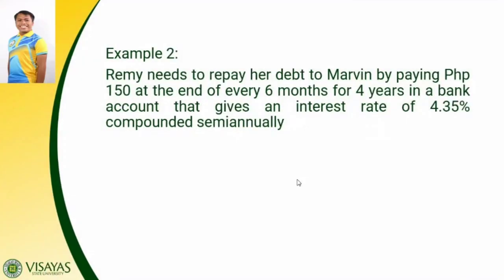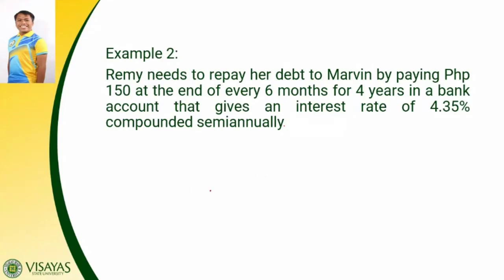Alright. Next, another example. Remy needs to repay her debt to Marvin by paying an amount of 150 pesos at the end of every 6 months for 4 years. The whole term is 4 years. In a bank account that gives an interest rate of 4.35% compounded semi-annually. This problem is an example of a simple annuity since the payment intervals are the same